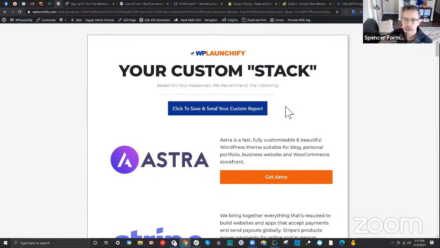recipe. So we have something at WP Launchify, which is, I'm working on the name, but I'll call it a consultative plan. It's $100. It's a personal phone call. I take the interview personal with you. It's usually only about 20 minutes. I ask specific questions in an interview about what you're going to do and why. And then I give you a report, which sort of like, hey, Martha Stewart, I know here's the recipe with all the stuff to make the cookies. Can you please talk to me and tell me exactly what to do and how to make them so they come out right? And that's a great starting point, because at that stage, somebody can decide for themselves whether they